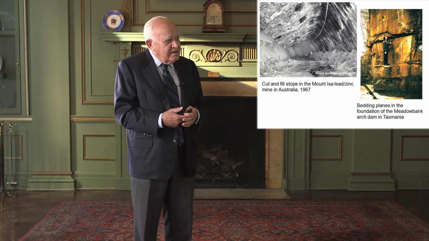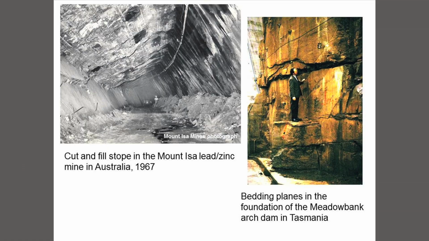mentioned earlier on. So far we've just looked at rock masses that we can treat as homogeneous. But if you have very large structures like faults, shear zones, or continuous joint planes, these can dominate the whole behavior. And in the upper left, you see a cut and fill stope, which is an excavation created to mine an ore body, and its shape is controlled entirely by the two major parallel structures you see there, the bedding planes, top and bottom, and the cross jointing. So that's not a mistake, that's how it is mined,